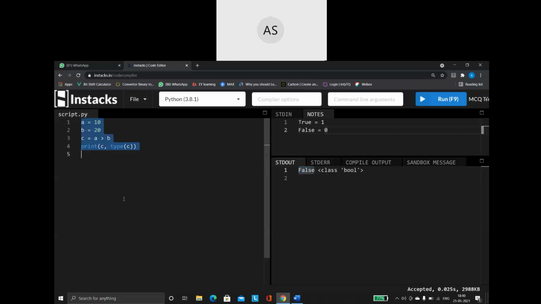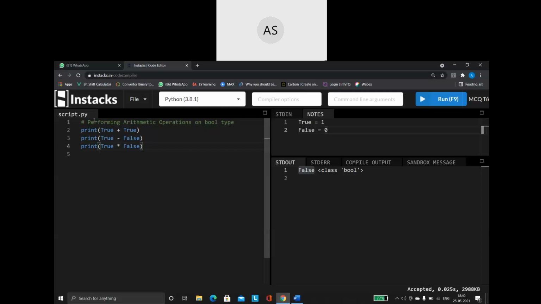Now have a look at this set. What am I doing here? I am performing some arithmetic operations. I am saying print True plus True, then True minus False, then True into False.